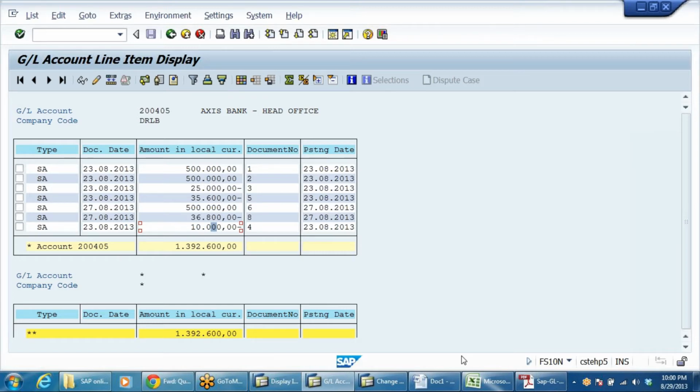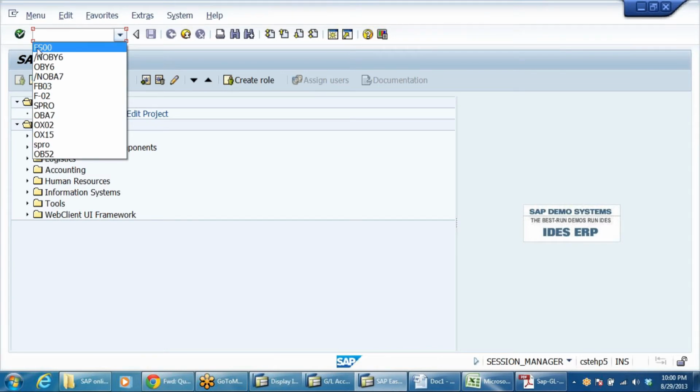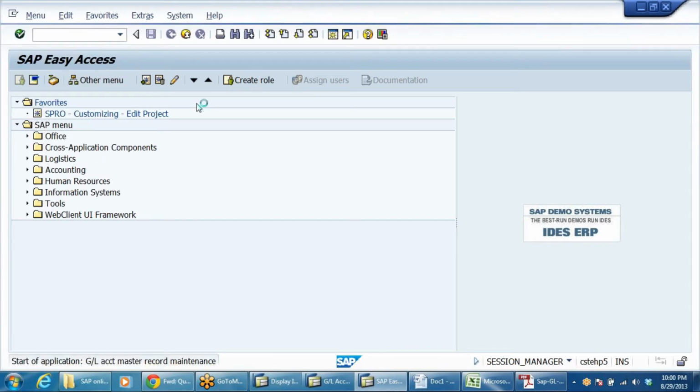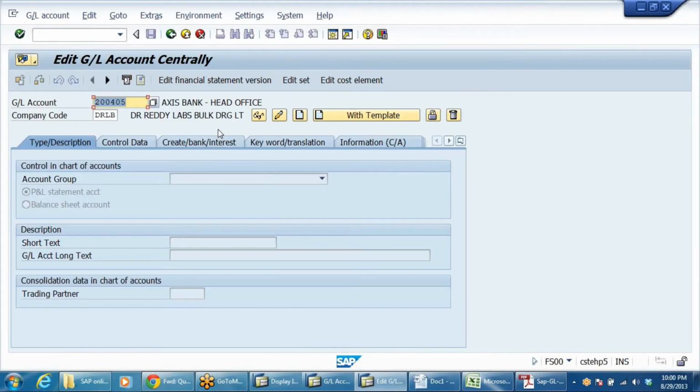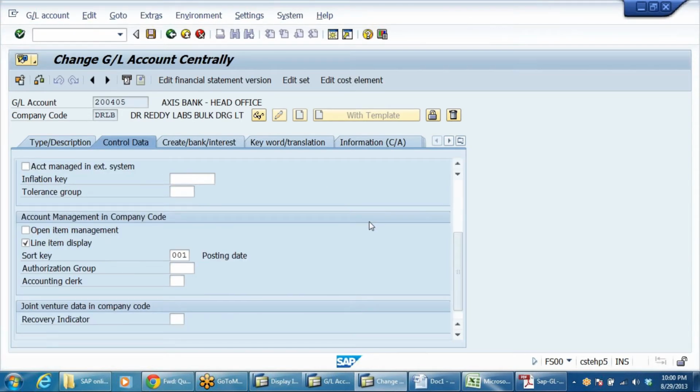What is this account? Bank account. For the bank account, control data tab, posting date. Yes, posting date only.